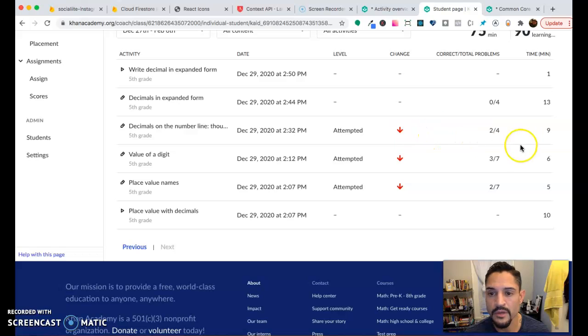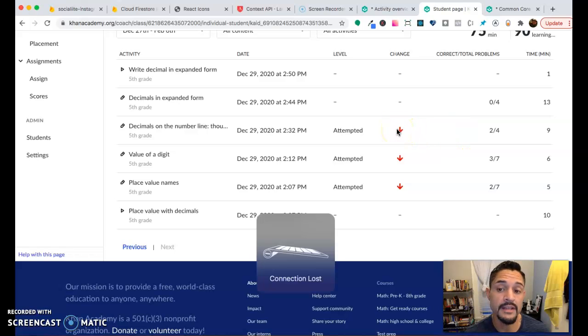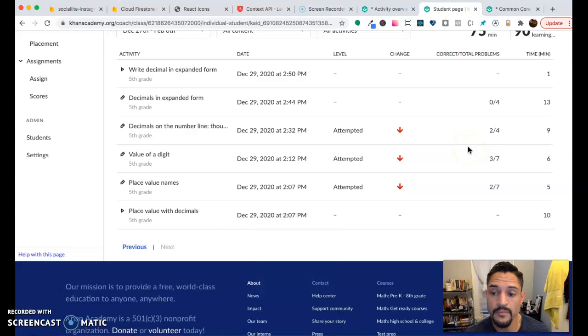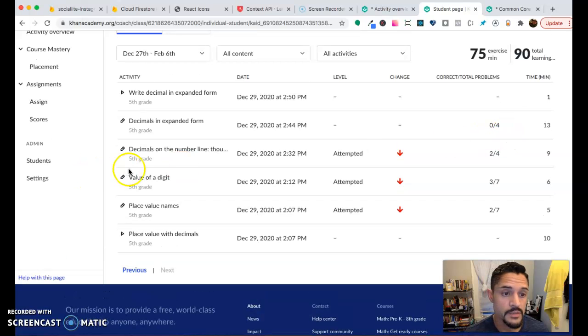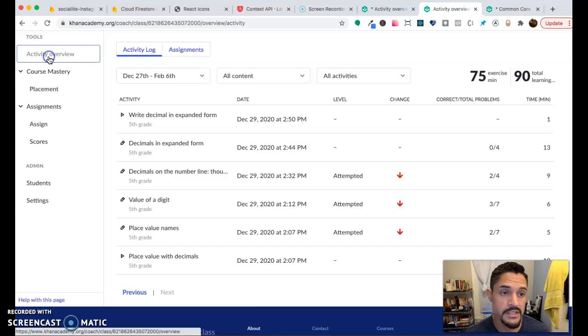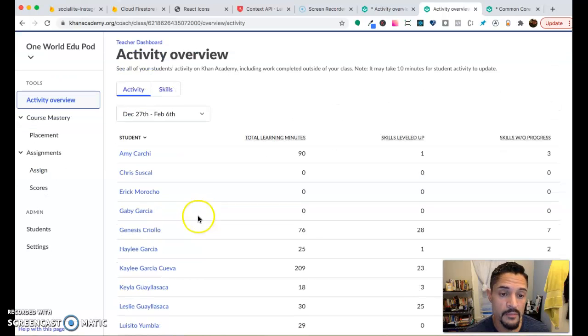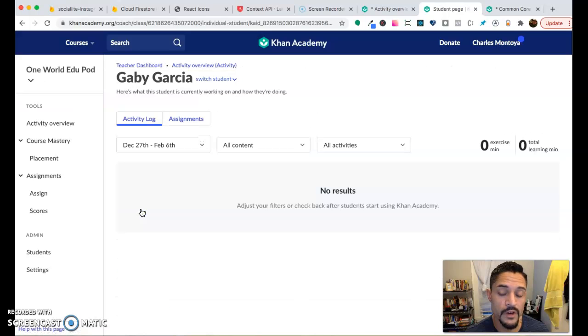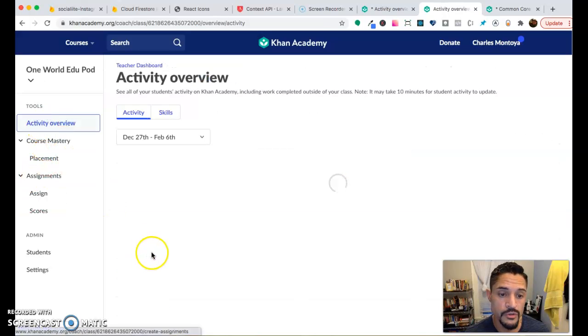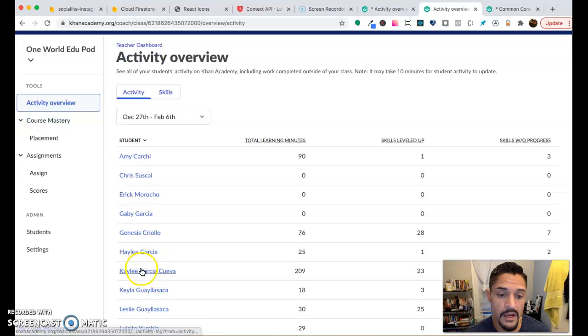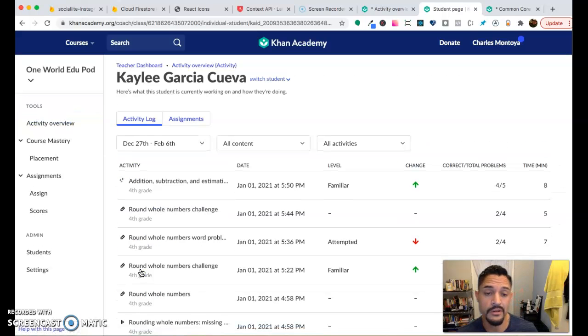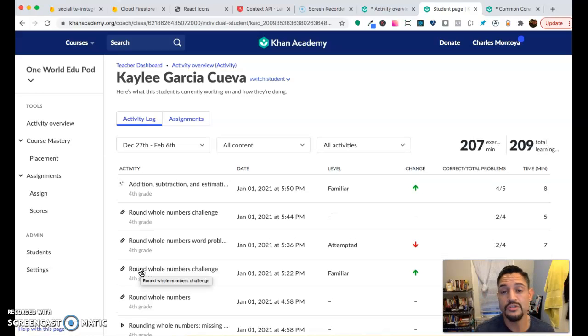So here we can see that they've been here a few times and attempted it a few times, but their progress has actually declined with this particular material. I think that's pretty cool. The activity overview is exactly that. We're able to keep track of them, drill down, and give them very specific attention on the items they are having trouble with, or excelling with, because there are two forms you can think about this. It's either